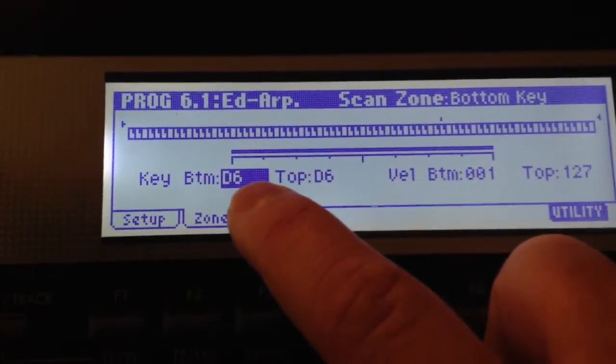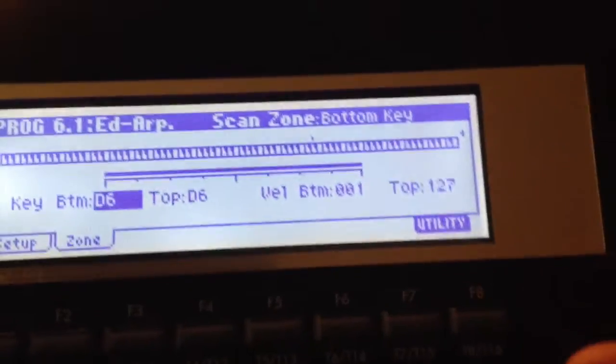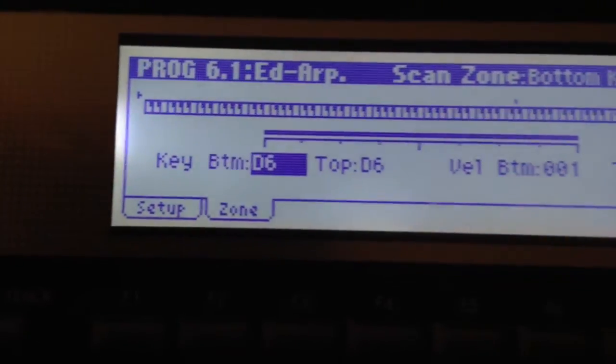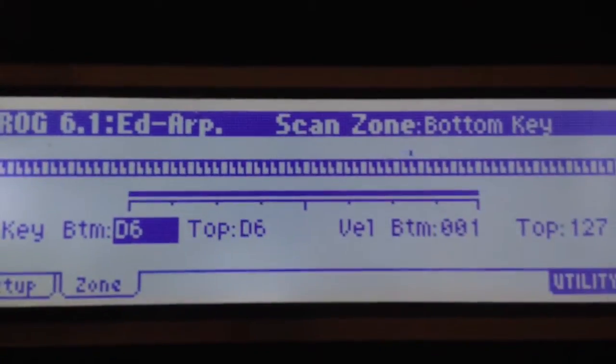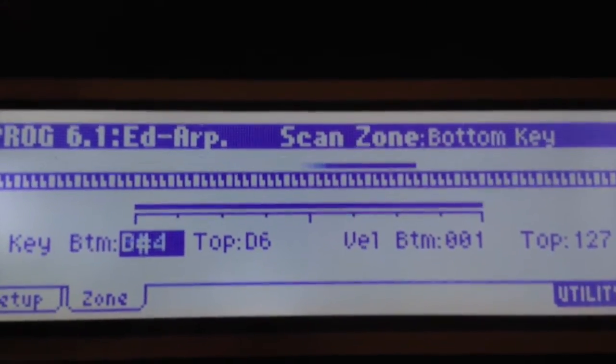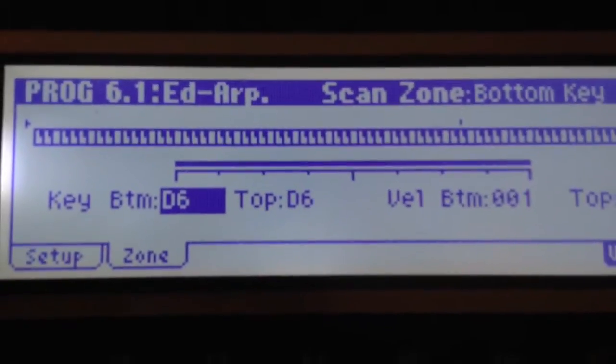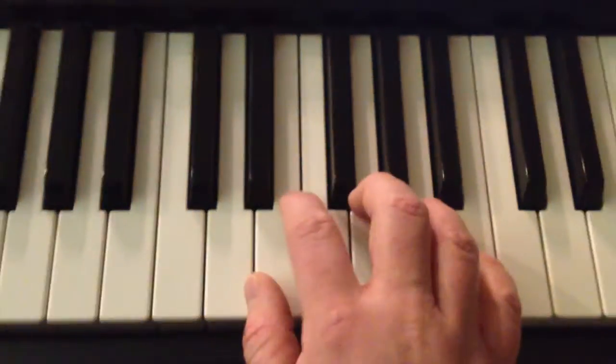So yeah, I set the bottommost note and the topmost note to the same note. And watch what happens if I use the wheel and I have the bottom note highlighted and I scroll to the left. See how I'm adding to the range of notes that can play that sequence? I don't want to do that. I want it to be the exact same note. Okay, so when I play all these notes,